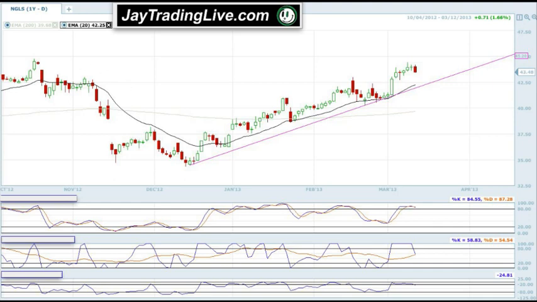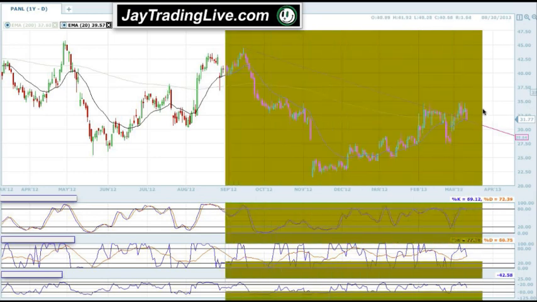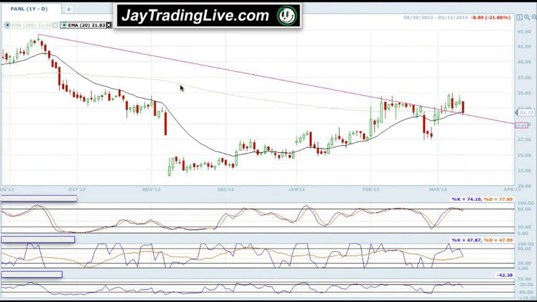Let's look at PANL, Universal Display Corp. What we have here is a failure to communicate. What we have here is a little down trend line. You can see we started up here at the top of this move, and we've held, and we finally broke through there several days ago. So we broke through there, we got a little push up, and now we're getting a pullback. We've got a pullback right to this down trend line,